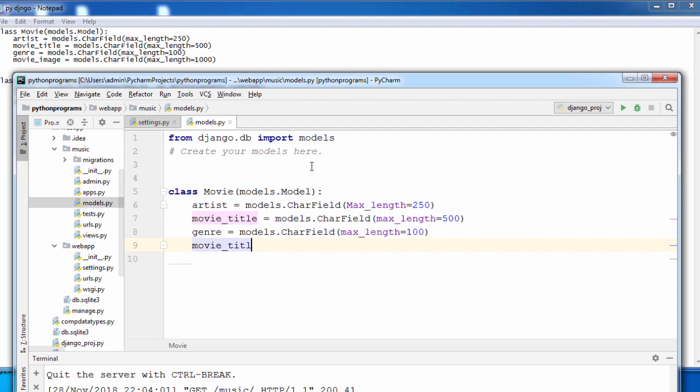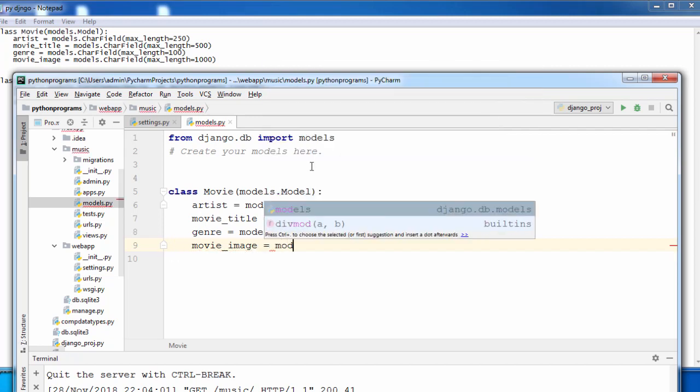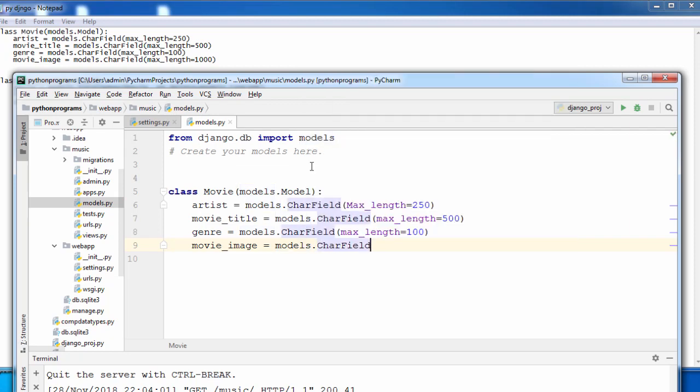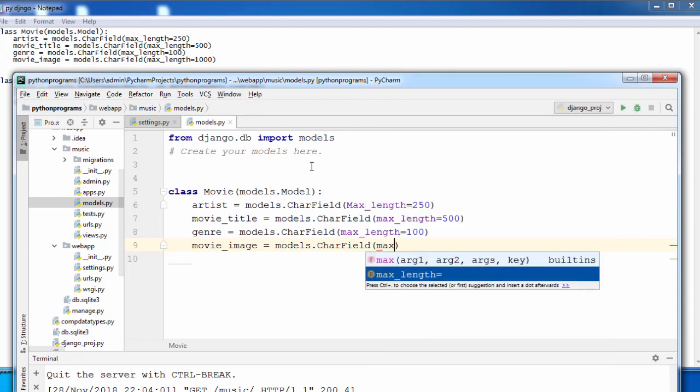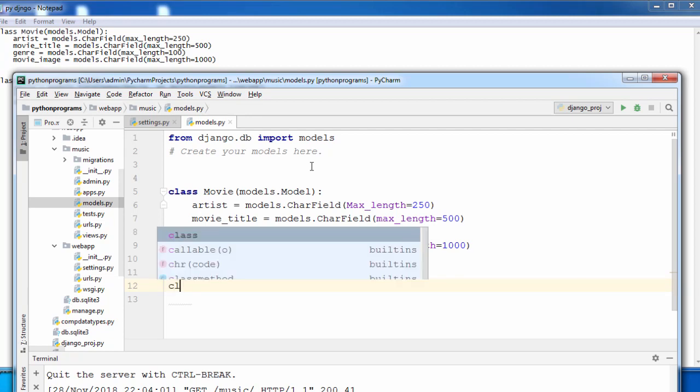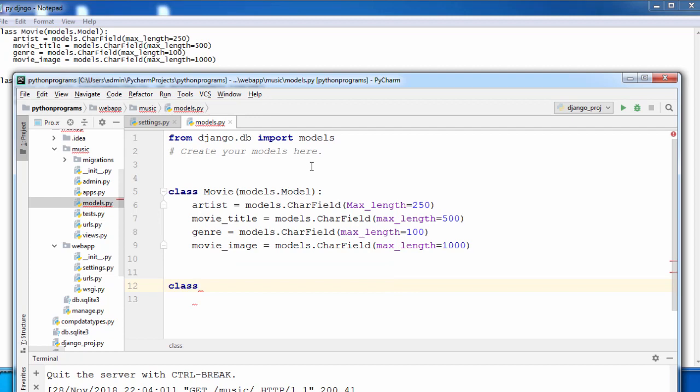Movie image, you can take, or image logo, or you can specify it, not a problem. Models dot CharField of max length of around that image, it can be taken in bytes. I hope this is the class we have created, one class, and then another one, under the movie there is